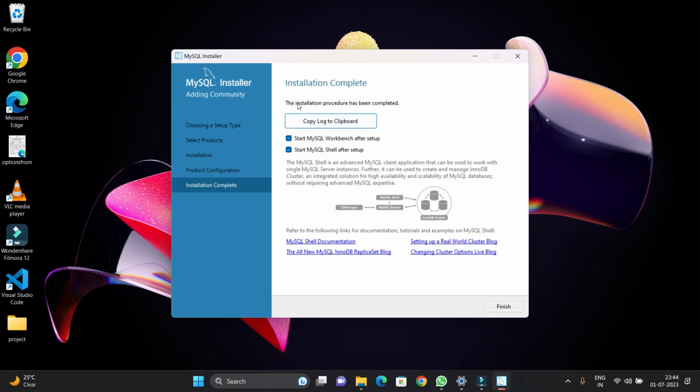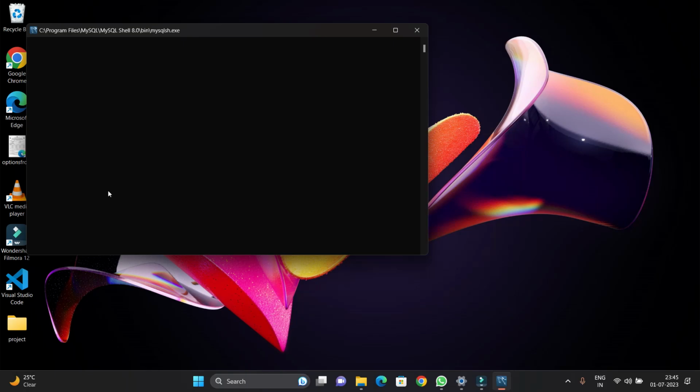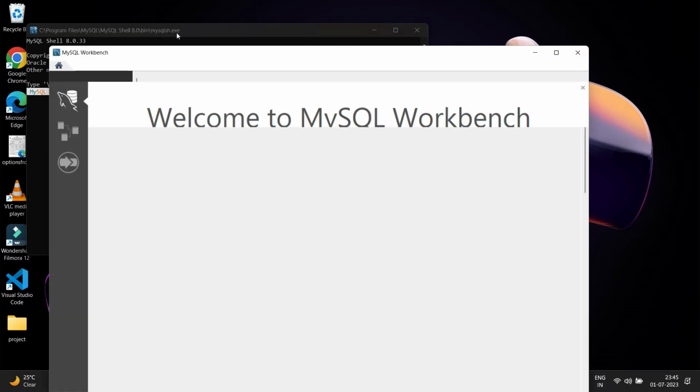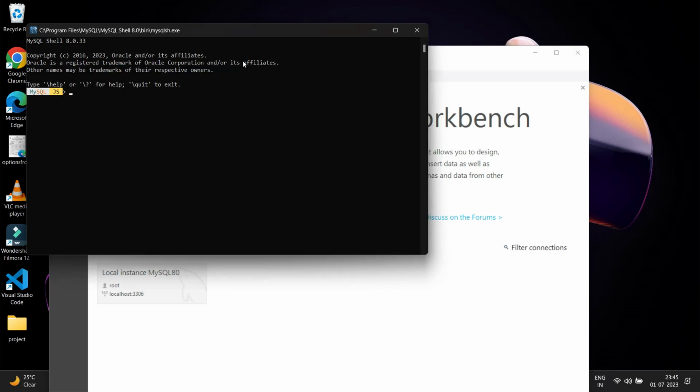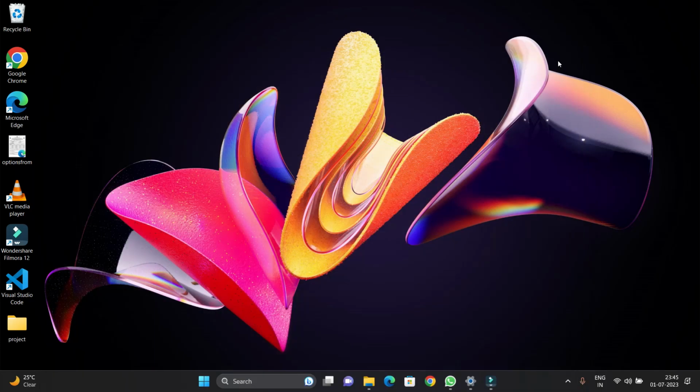So you can see installation complete, and installation has successfully completed for MySQL. So you can click on Finish. It will launch MySQL Workbench as well as the MySQL Shell client, you can see here. And you can try different commands in MySQL Shell. Anyways, I'm just going to close both,